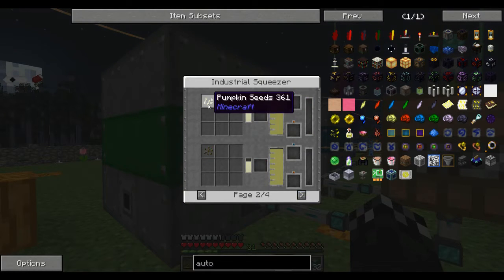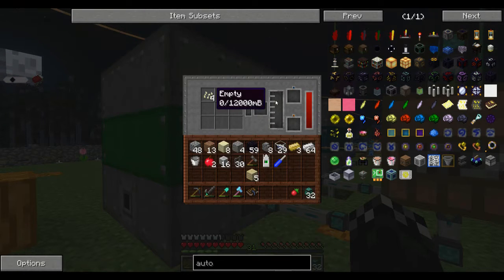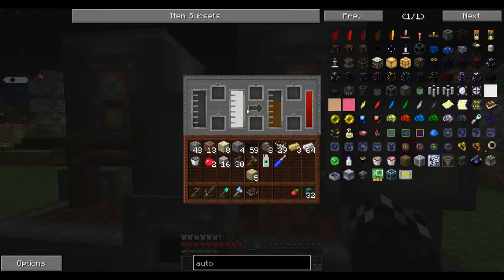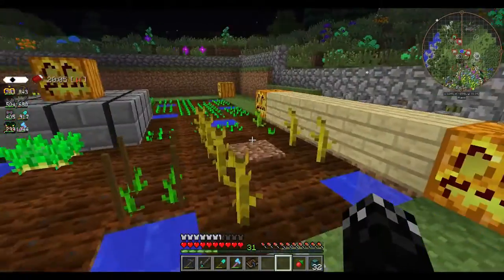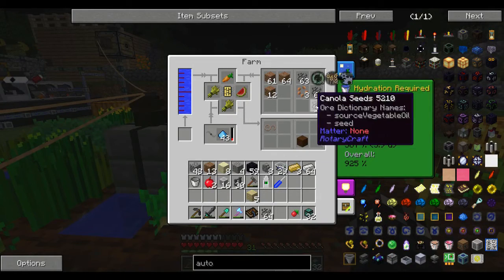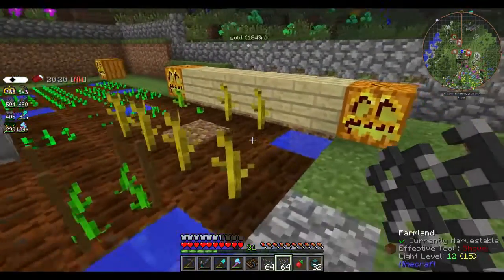Recipes say 80 ticks and it gives 80 millibuckets of plant oil. It's got power. Let's see if this shows quickly. I don't know. I'm not sure how much plant oil we're actually getting there. Anyway, that should work. That should be, I guess, sort of automated. That should continue on as long as we have some room for the pumpkins to go back in. I'm going to need to probably,